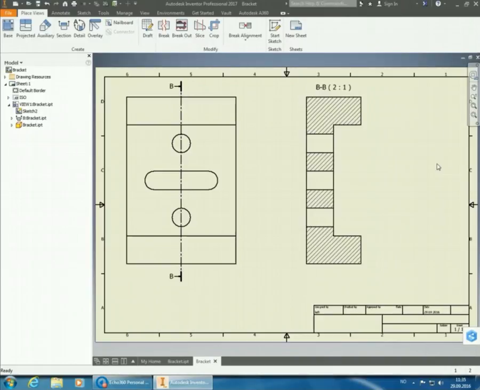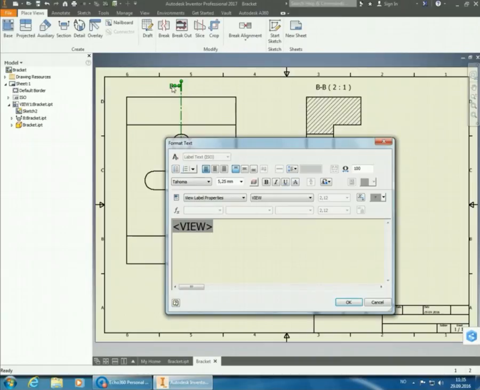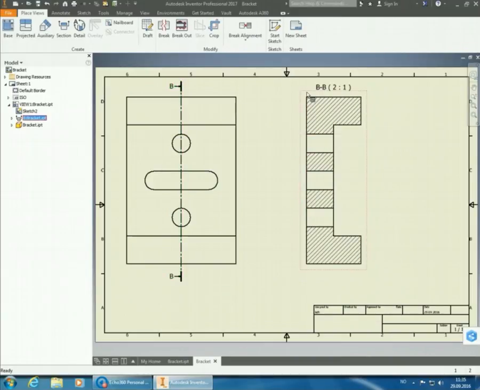This means that I have to fix mine. And there are ways of doing it if you miss it in the original window. So what you just do is double-click the section line itself when it's marked red like this by the mouse pointer. No, not the section line, but not that one either. It's the view that you have to double-click on. So you get this red rectangle around the view. You double-click it,